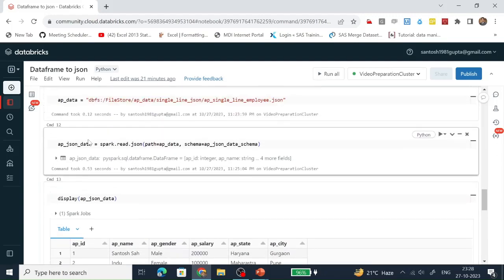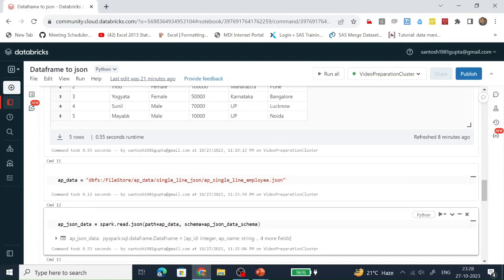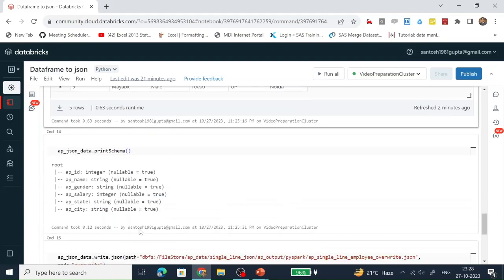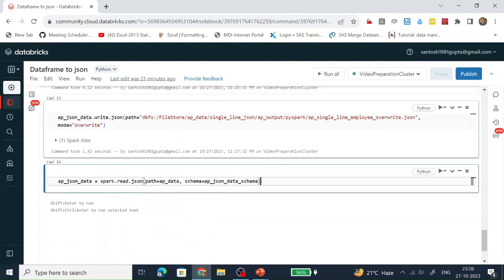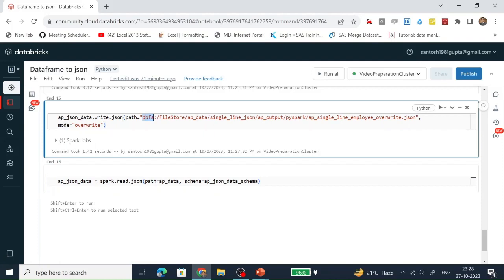To save time, I am going to copy the code. Here we just give the full path.